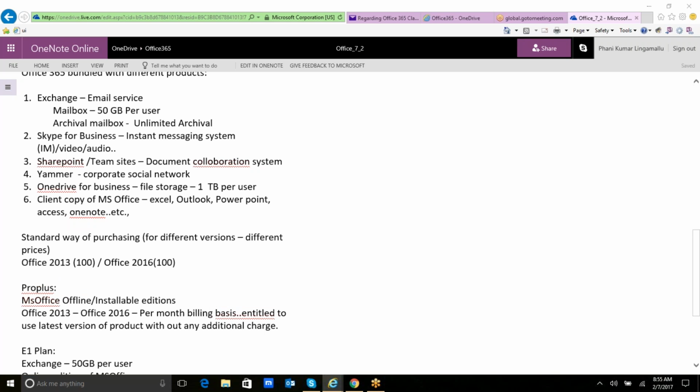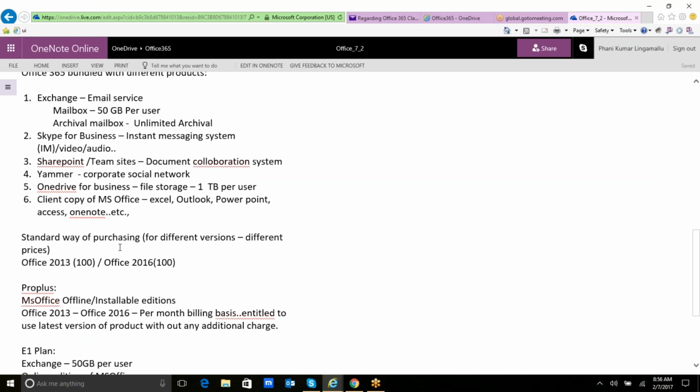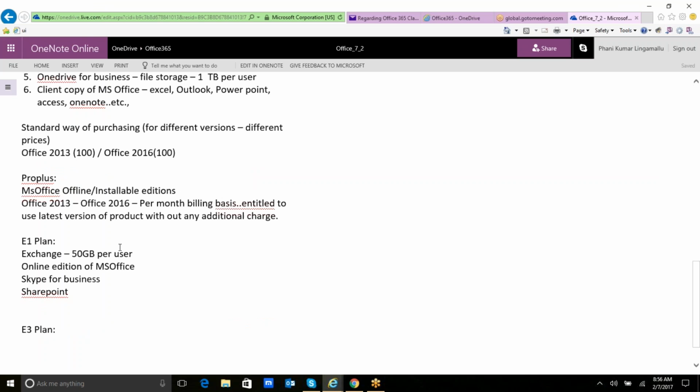So this enterprise plan has ProPlus plus Office E1, plus additionally information protection and voicemail integration. All these two things plus additional things. So you'll get Exchange, Outlook, Word, Excel, PowerPoint, OneNote, Access, OneDrive for Business, the Team Sites, and Skype for Business. All the features are available in the E3 plan, all products available. Plus additionally, you have